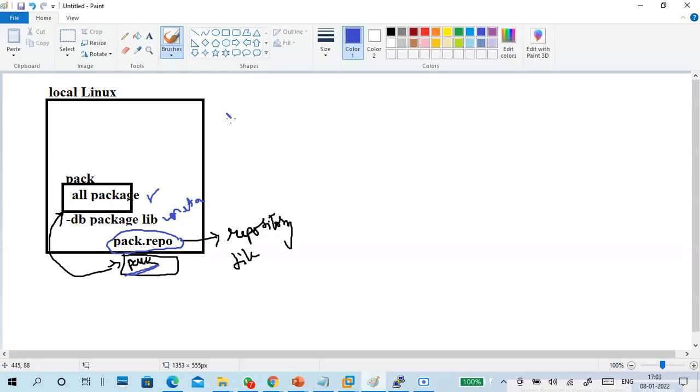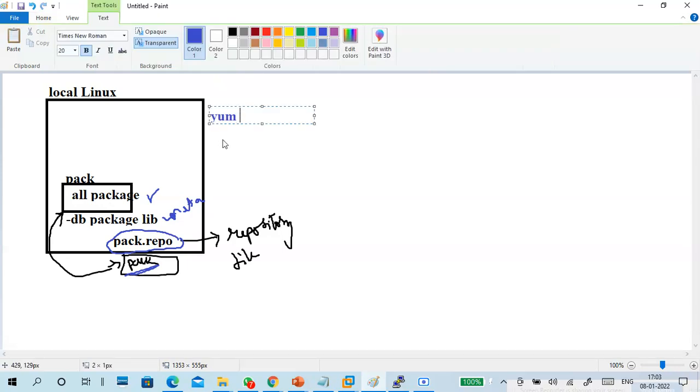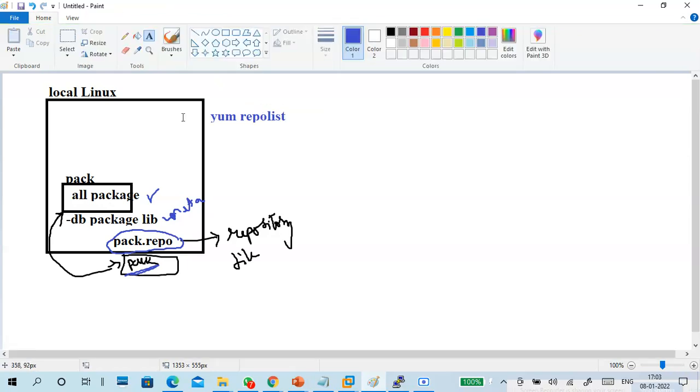Now, when I try to install the applications, I put yum repolist. Again I'm typing the command yum repolist. First command is yum repolist. It contacts this file and gets the information, loading the information of this database into my PC.